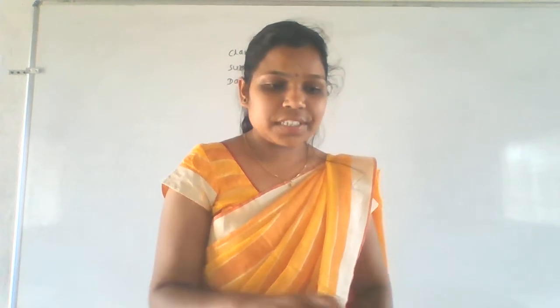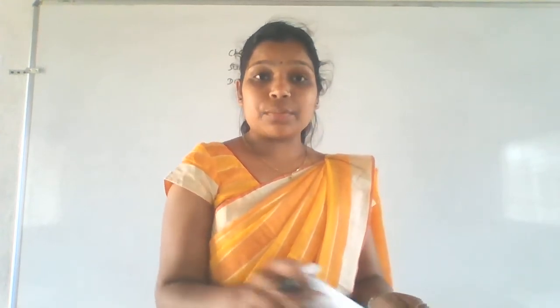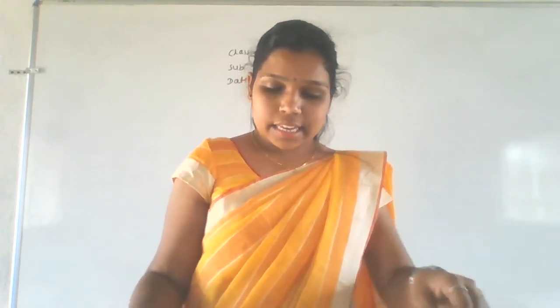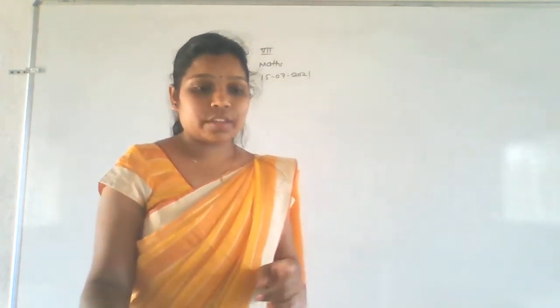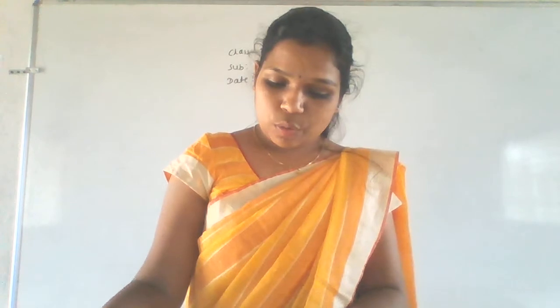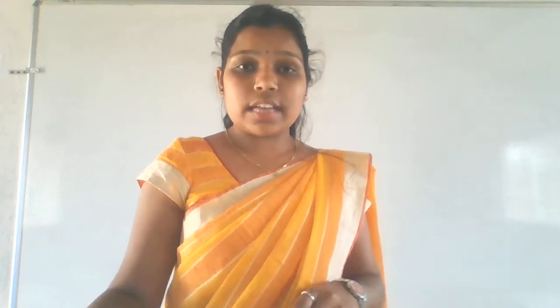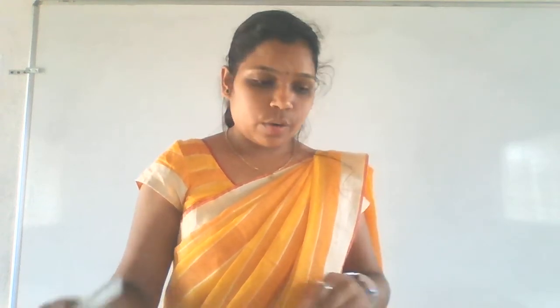So in the last class we discussed the multiplication properties of integers, right? And after that we discussed exercise number 1.2 first main. I had given homework: write the multiplication properties of integers two times, as well as solve exercise number 1.2 first main. That I had given as homework, right? So hope everyone has done your homework.